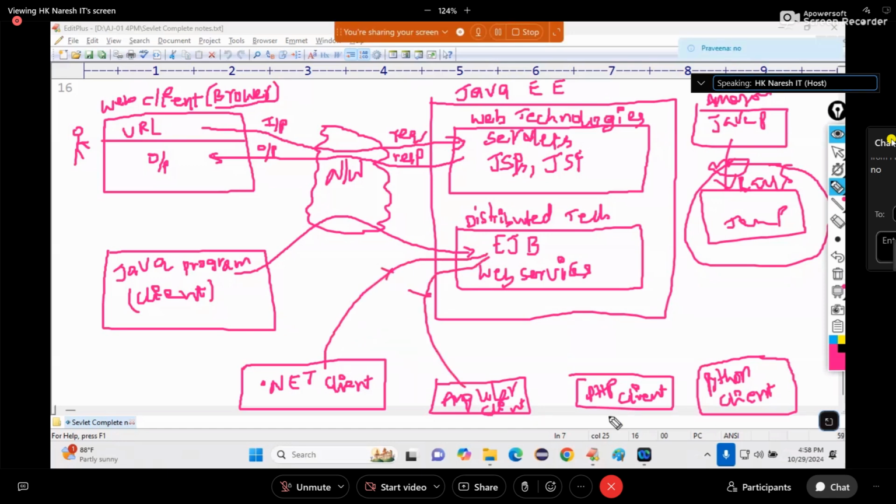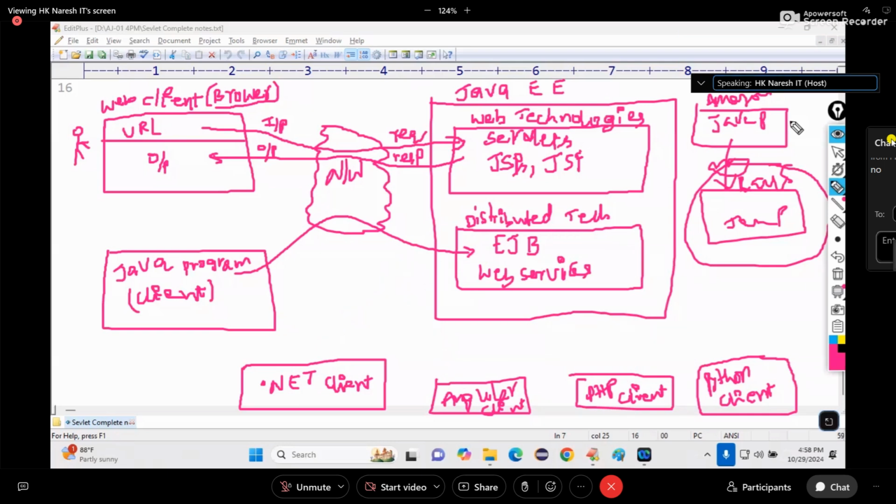No. From a PHP program, a Python program? No. Can one language program communicate with another language program? No. Suppose the Amazon project is developed in .NET. Can a .NET program talk to the bank program? No. Can a .NET program or a Python program talk to the Java program? No.